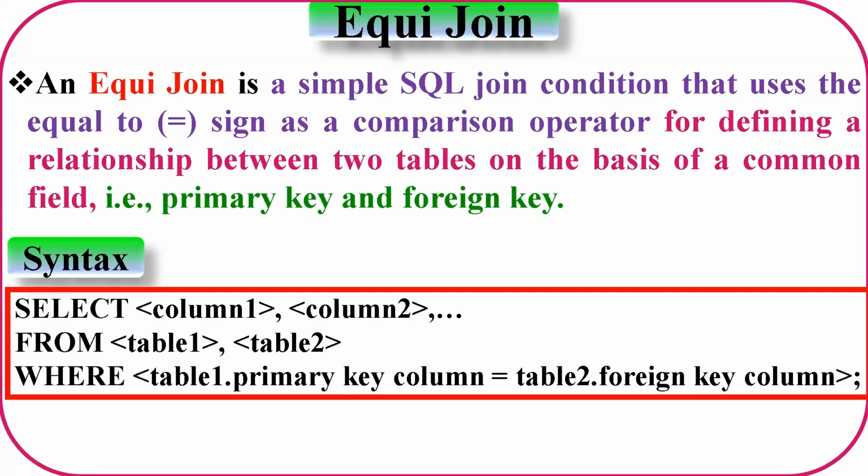An equi-join is a simple SQL join condition that uses the equal to sign as a comparison operator for defining a relationship between two tables on the basis of a common field, that is, primary key and foreign key. The syntax is: SELECT column1, column2, and so on FROM table1, table2 WHERE table1.primary_key_column = table2.foreign_key_column;